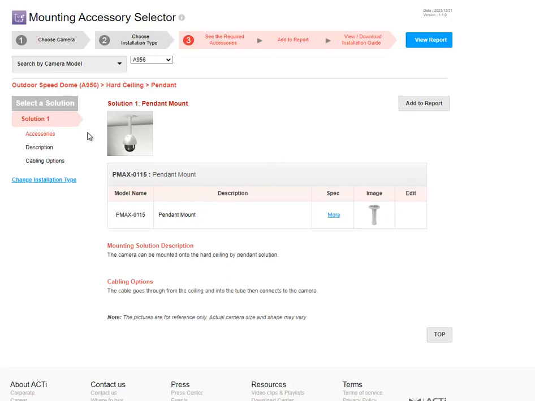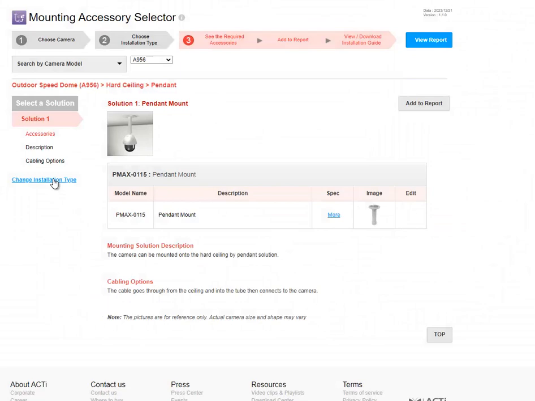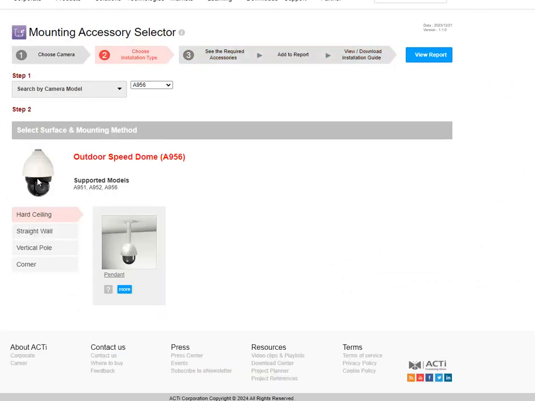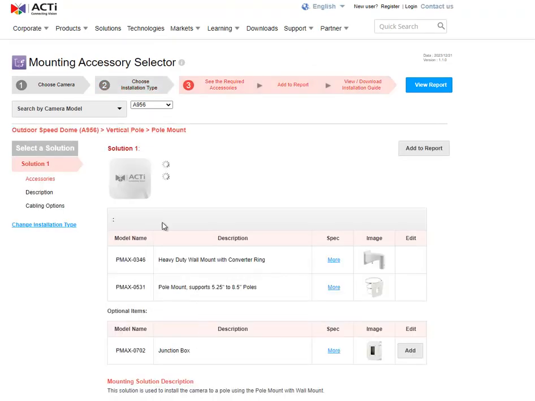And this is a generic photo here. If you want to look how it more or less appears on the installation here, you can go back and switch to the different mount. For example, let's see the pole mount. Pole mount looks like this. So you have a pole, maybe a traffic